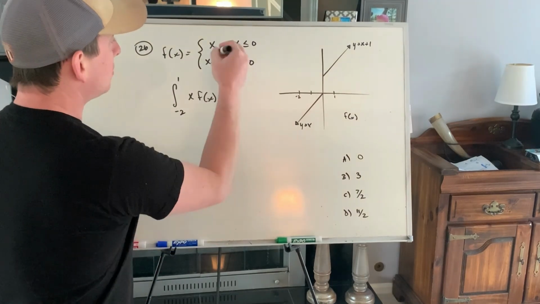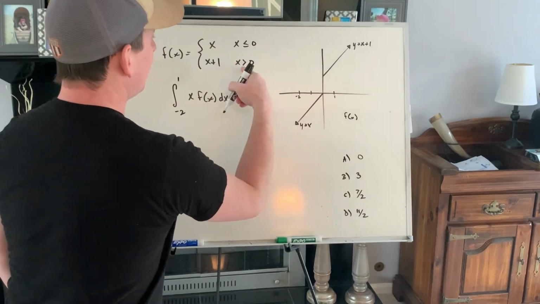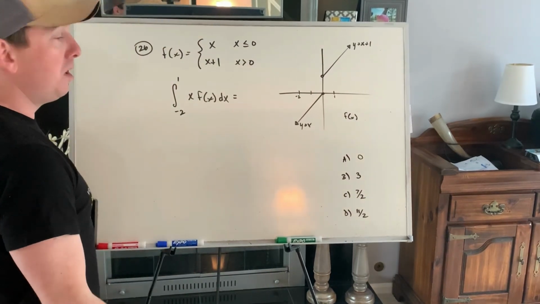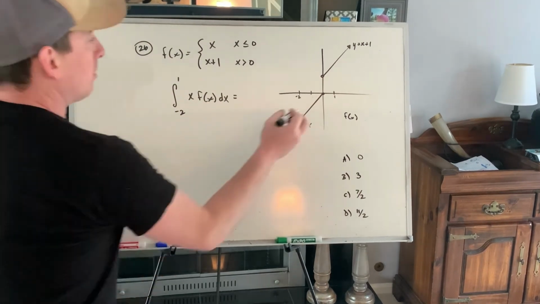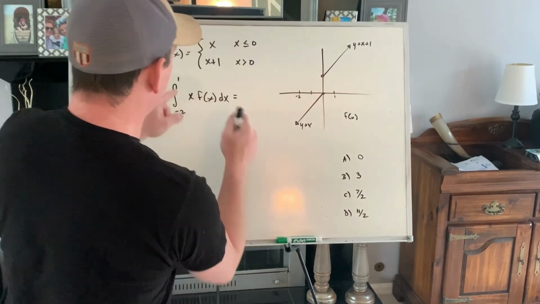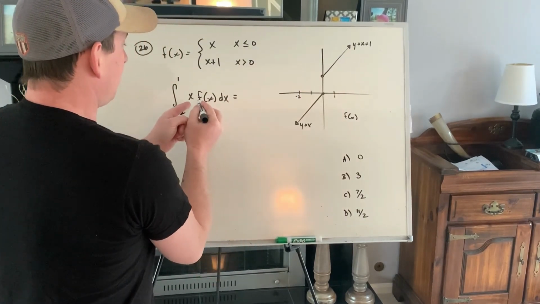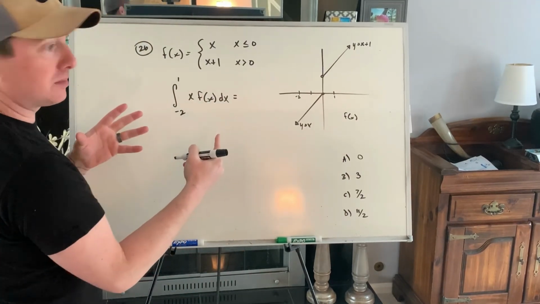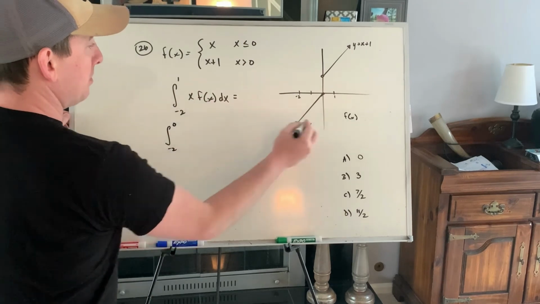So f is defined as just 2 lines. We've got y equals x up until x is 0, and then after x is 0, it's going to be the line x plus 1. But you're not integrating that, you're integrating x times f of x. But we still need to be concerned with the jump over this point here. That giant jump in the graph is going to happen at the same place on this function for the same reason. We have a giant jump in this graph, so obviously this graph is also going to have a giant jump. So let's split this up into the integral from -2 to 0 of x times this